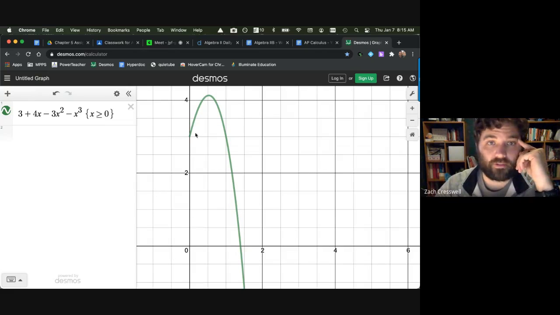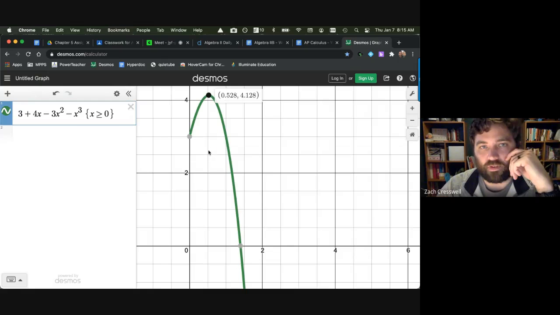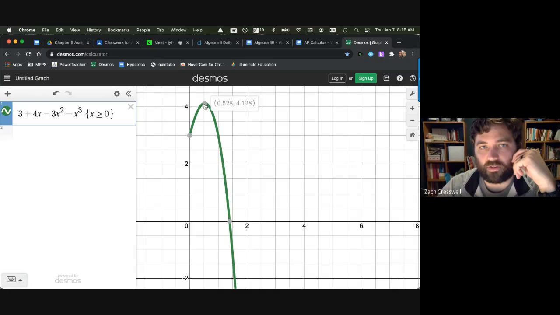It's moving to the right from x equals 0, or time equals 0, to 0.528, and then it starts moving to the left. Again, you could figure that out because the velocity here is positive, because the slope is increasing. And then the slope is negative here, so the derivative would be negative, implying that the particle is moving to the left. Here is a velocity of 0, and then the curve switching directions implies that